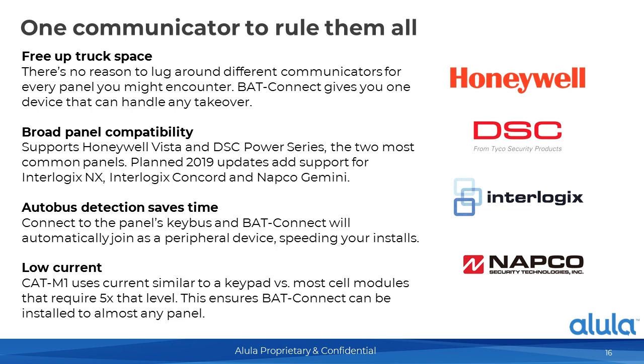But if you're just interested in solving that sunset issue, and we just need to forward signals to the central station and do a basic arm and disarm via key switch, and oh, by the way, yes, you can do video and home automation, we work with anybody that communicates, panel-wise, tip and ring with contact ID. We're soon going to offer SIA support, but remember, any panel on tip and ring, contact ID, we can forward signals to the central station, we can give them video, home automation, the touchscreen experience, and the unified app experience. Okay? It's just, when we say Honeywell, DSC, Interlogix, and NAPCO, that's the full-blown,